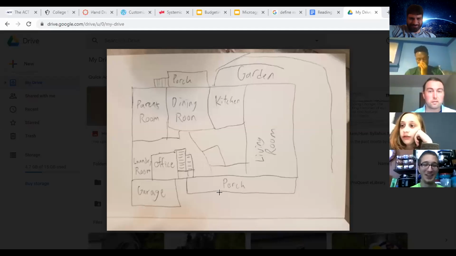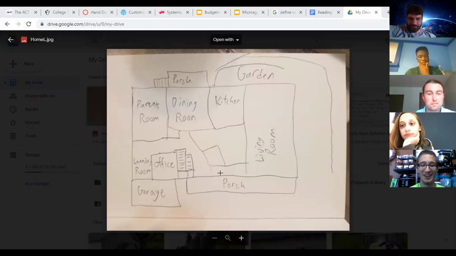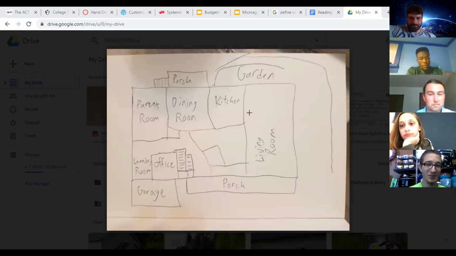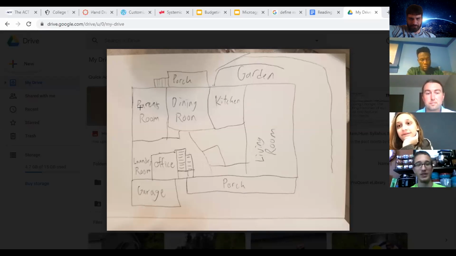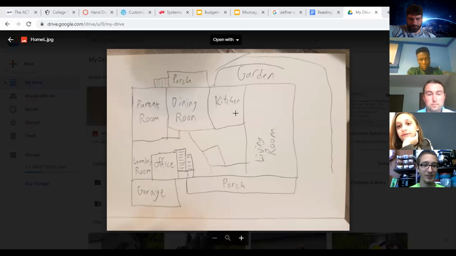This is my house. This is the bottom floor of my house. I'm not very good at drawing, so it's kind of large scale. Here's my porch. There's a restroom here. Living room. It's definitely not that big, but it takes up from wall to wall. Kitchen, dining room leads out to the porch. There's the parents' room. There's the stairs to upstairs. The office, and I do have